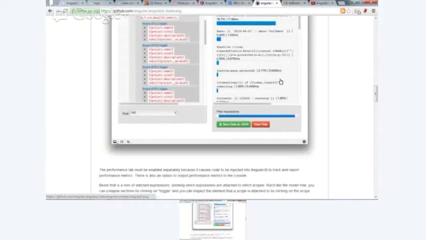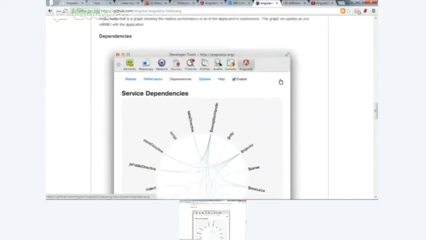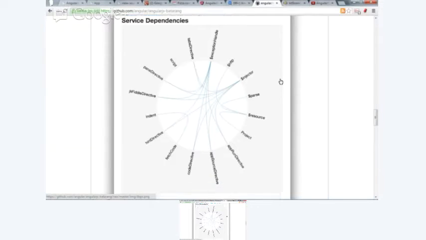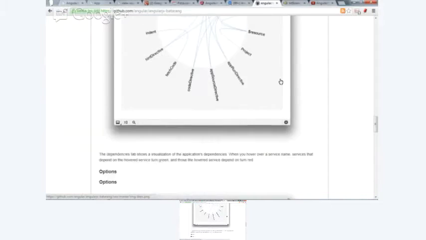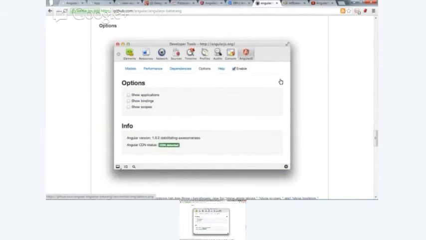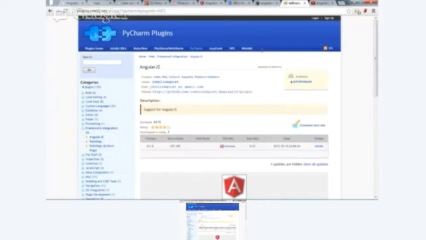It's quite neat. Love this view here. This is a visual view of all the dependencies of your services and things that you're using. Great tool. Using the developer tools in Chrome is what I use anyway for debugging web apps, so this extension fits right in.